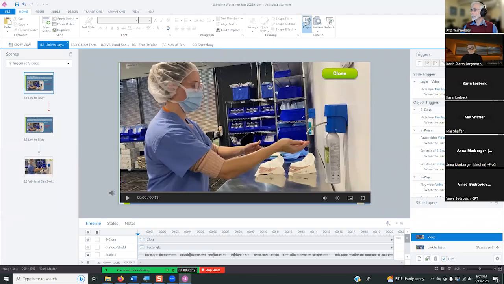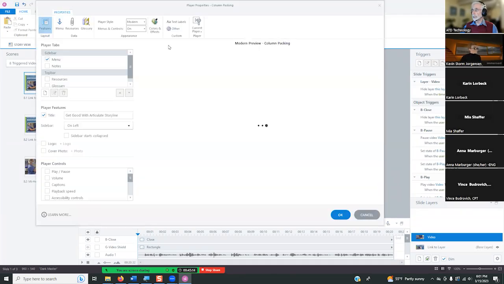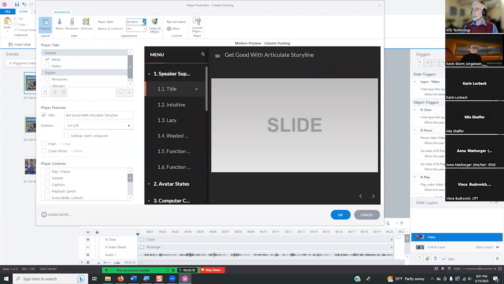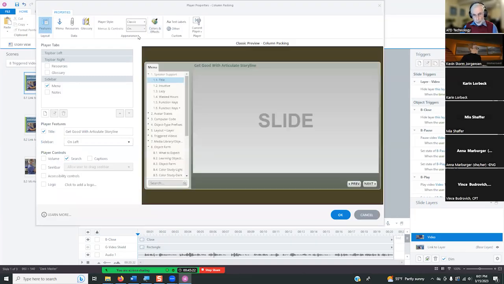I have stayed with the classic player because at least in the past, I found that the modern player did not give me many options in terms of color. I wasn't able to select as many colors. I wasn't able to do a graduated thing here where I go from dark to light. Can anybody defend the modern player?